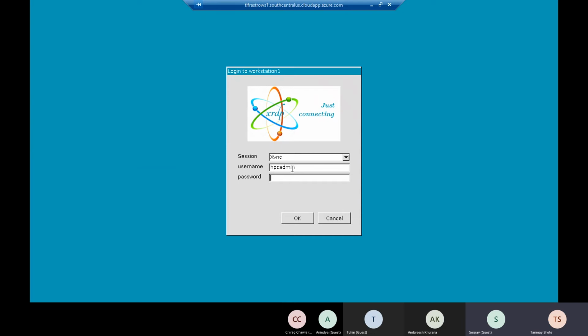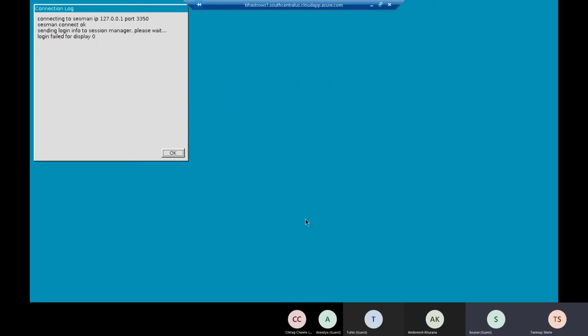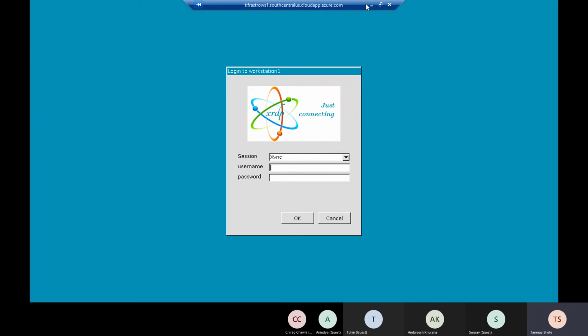Yes, because this has to be username and password. It's a separate machine, so we can configure the passwords here. Connecting, sending login. Okay, login failed. I'll just check the password. Just a second.